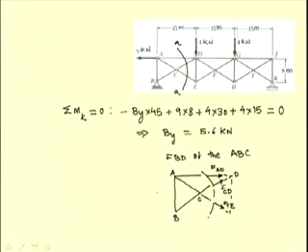We need also certain dimensions in order to find the moment arms. So, this is 8 meters and this distance is 15 meters, and this is half of that, which is 7.5. So, the slope of this line is 7.5 and 4. So, let us write the equilibrium equations from this free body diagram.